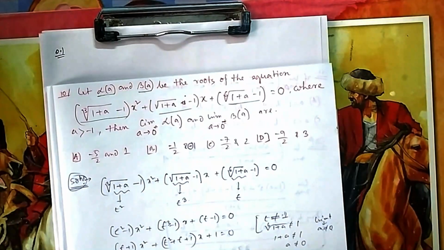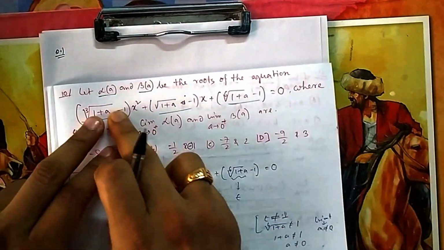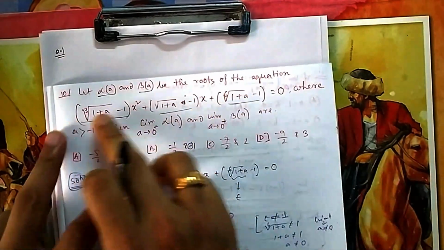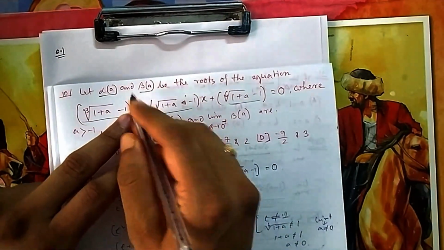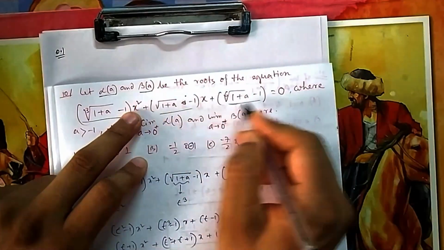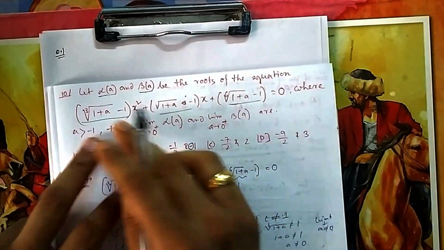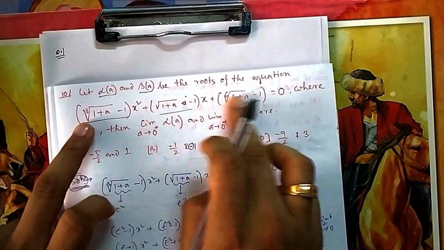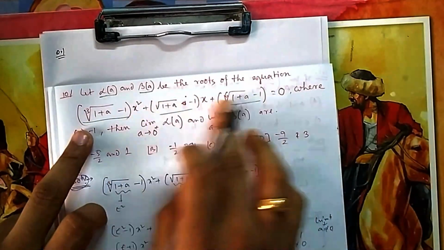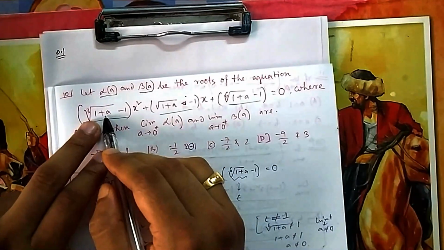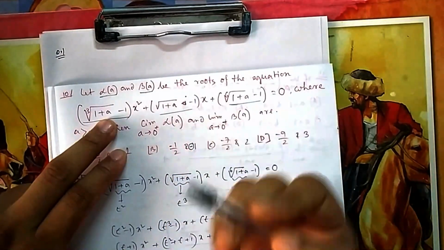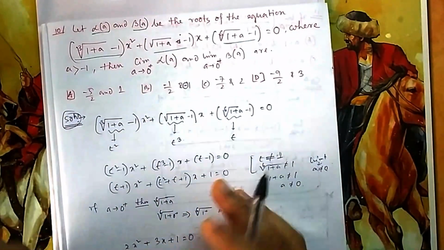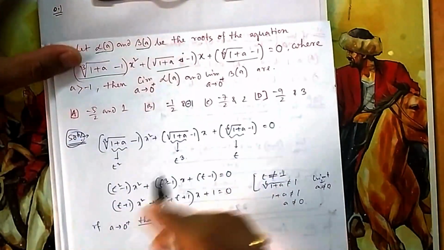For that, you need to find the limit as x tends to 0 plus of this. Because only then, suppose instead of x you write alpha, and you apply this one, it will be applied everywhere. So first let me find out this. What will it be if I apply it directly? If you directly apply, it becomes 0. That doesn't make any sense. Okay, so let us see whether we can do anything.